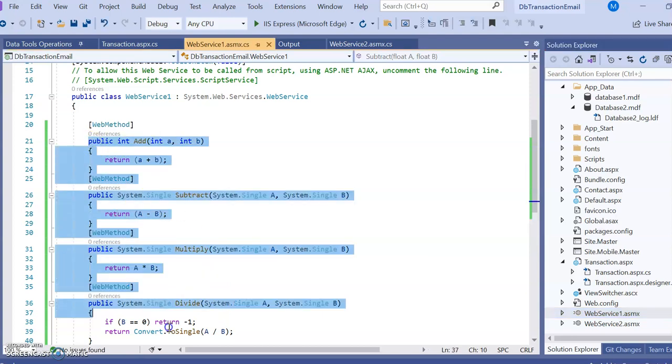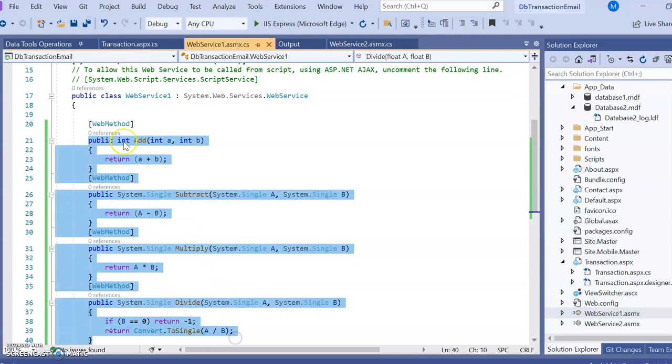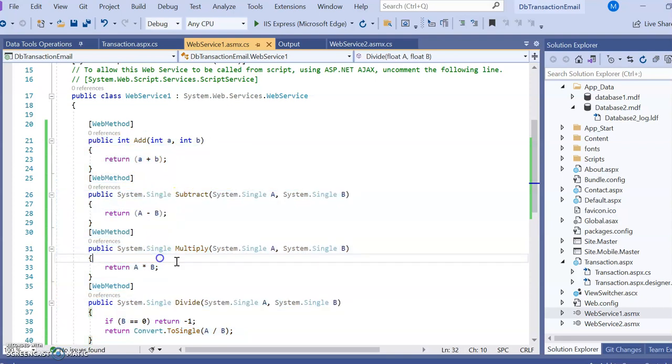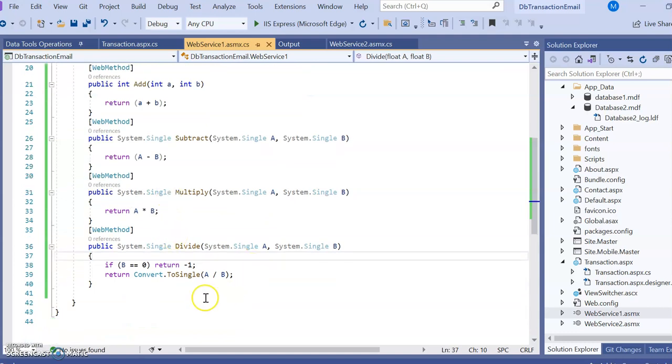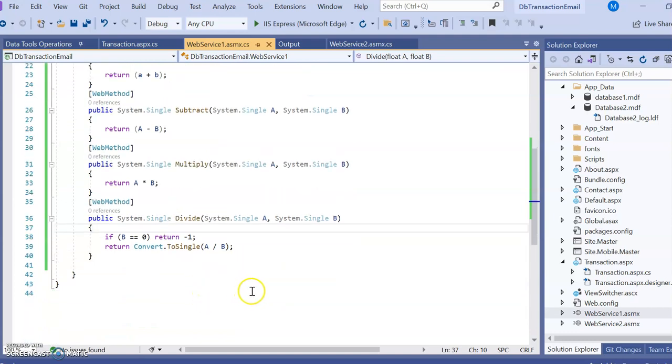It has just arithmetic operations: addition, subtraction, multiplication and division. These operations will appear as links once we run that web service. In add integer a b, we pass the values a and b, and it returns the addition; the second returns subtraction, then multiplication and division.